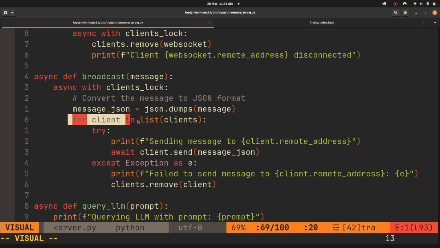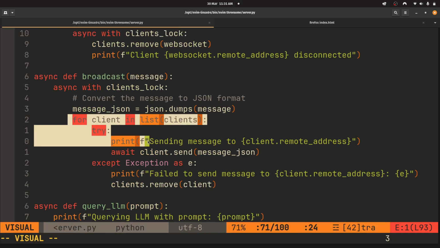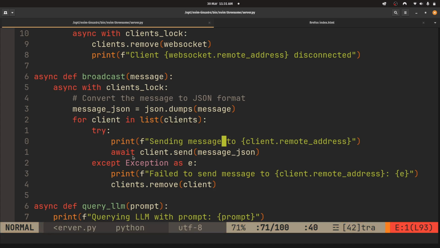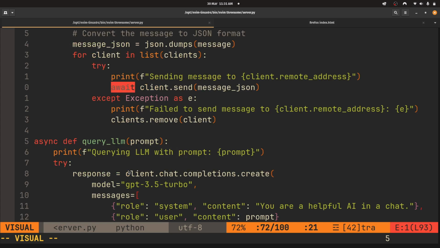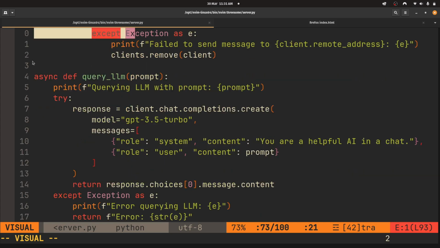So for client in the clients list, await client.send, so send the message to the client's remote address, and because it may or may not take some time, then we need to await. It takes a bit of practice getting to know where to use await. This is a very standard query. We're using